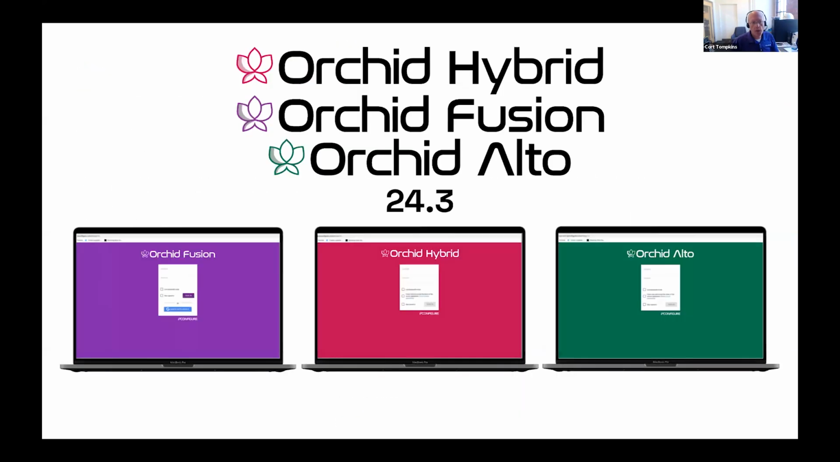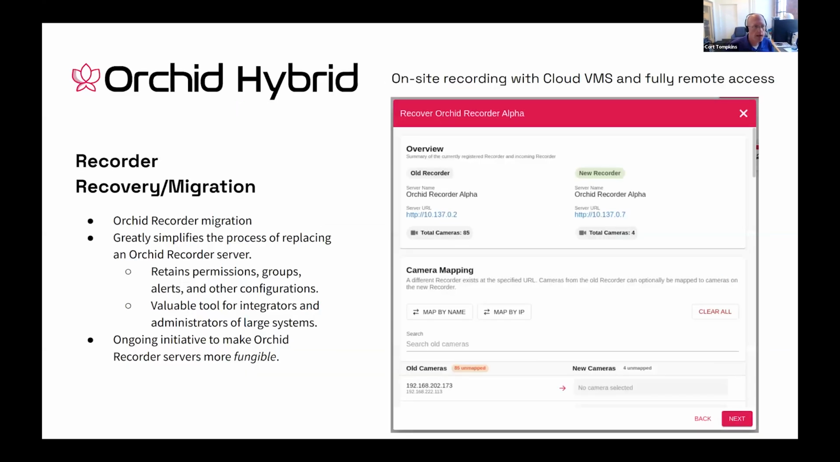Okay, so now let's talk about what's new on the management server side. So these are new features in Orchid Fusion, Orchid Hybrid, and Orchid Auto 24.3. A couple of new big features there as well that we're excited to talk about. The first is Orchid Recorder recovery and migration. So this is a new way to replace an Orchid Recorder server with another Orchid Recorder server in an existing